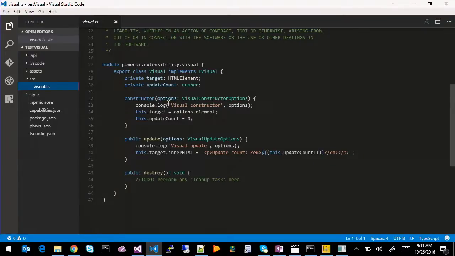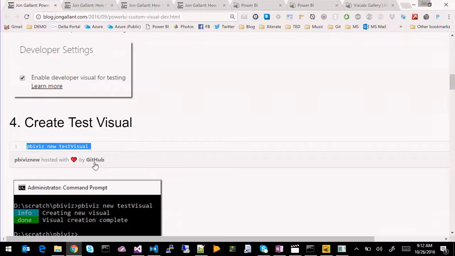So constructor just works like a basic class. Constructor will be called once per page load. And update will be called every time you get new data to the visual, you resize it, format it, anything like that. So then if I go back here, you'll see that